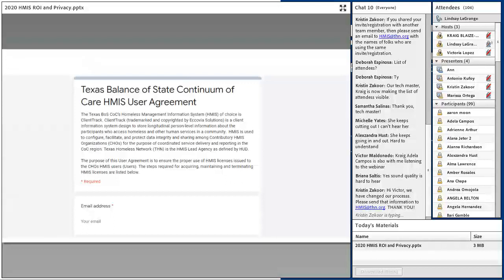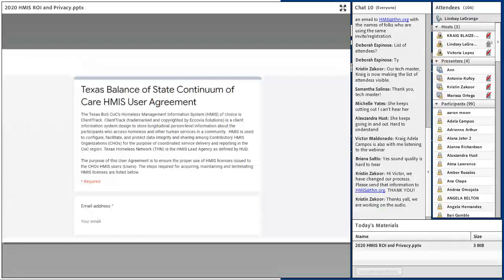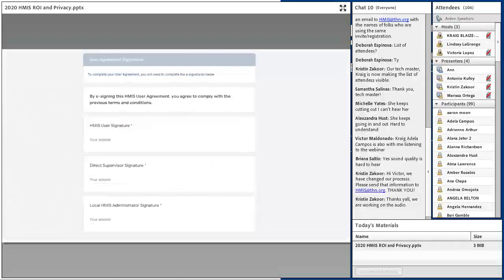So you'll see that I have a screenshot here of the digital THN HMIS user agreement. The user agreement has been updated over the last year, which means that if your agency is still holding on to that old physical paper copy of the user agreement, you can go ahead and discard that because that copy is no longer relevant. We've added some things and we've taken other things out to reflect the most updated and relevant information. So moving forward, any new users will need to sign the Google form, digital copy, which we will show you where that's at in just a little bit.